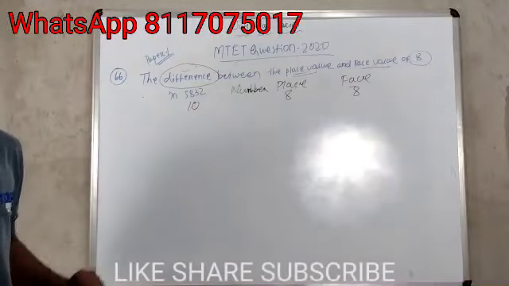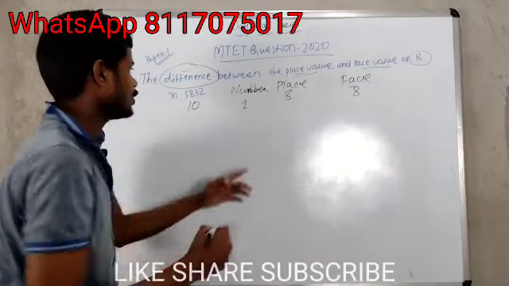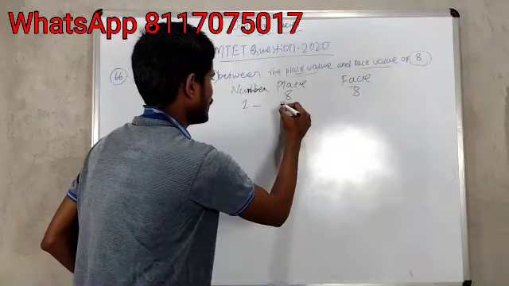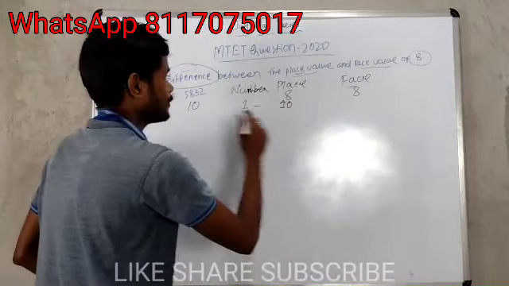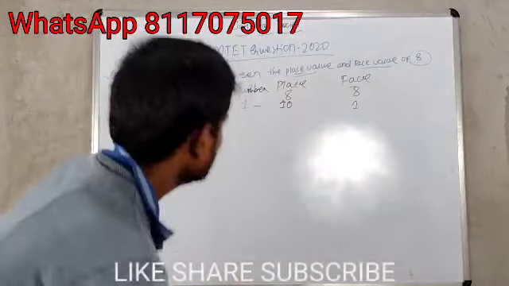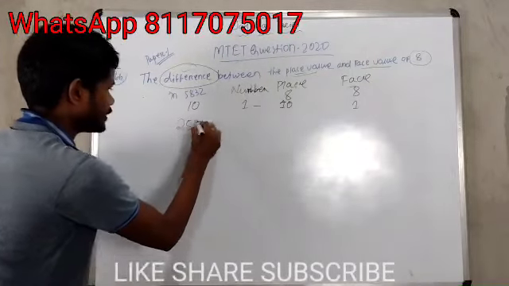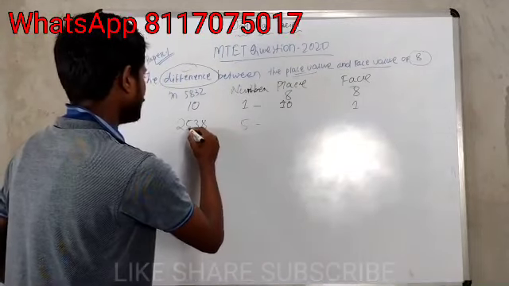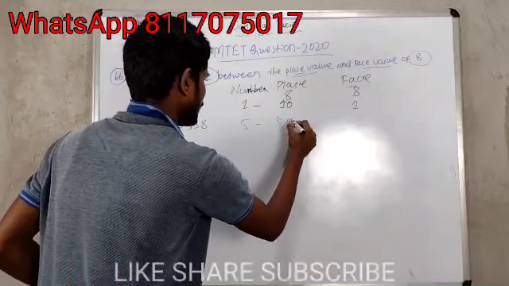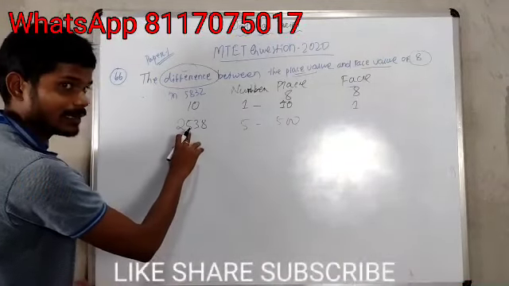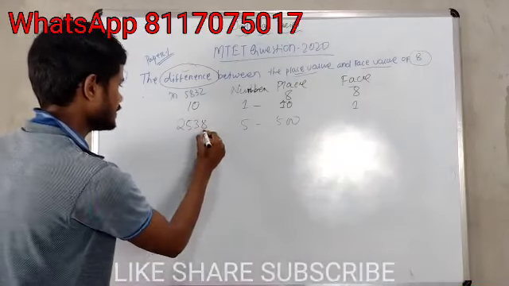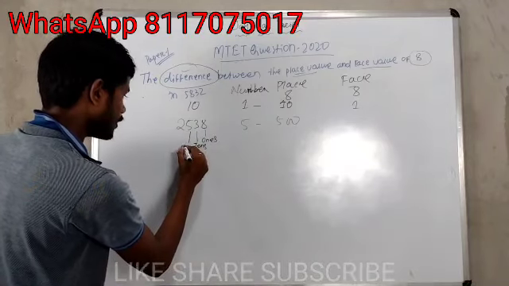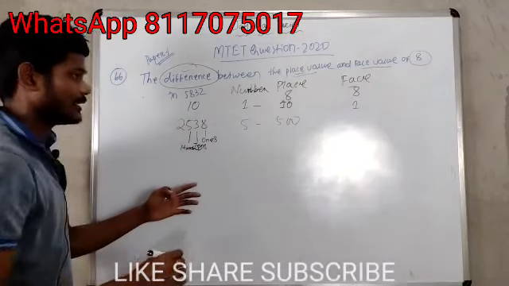If I take an example of the number 10, and we want the place value and face value of 1, then the place value of 1 is tens. Okay, 1 ten means 10, and 1's face value is 1. Clear? Then if I take 2538, and the number 5, then the place value is 500: this is ones, this is tens, and this is hundreds. Okay, clear friends? I think you have already understood.